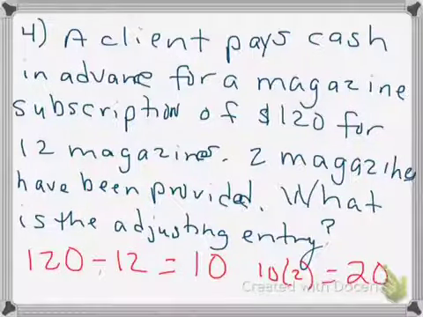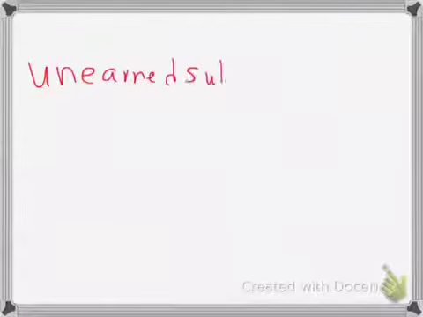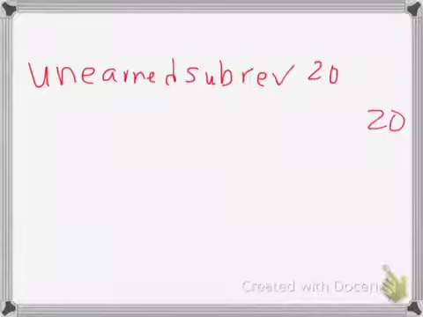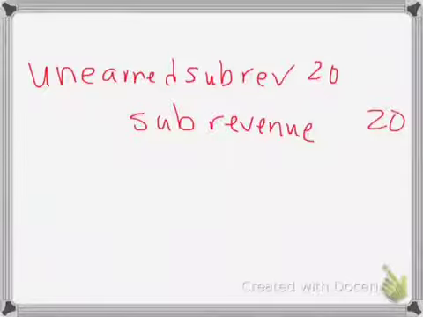And so our adjusting journal entry here is you would see a debit to unearned subscription revenue for $20, and our credit account is going to be the subscription revenue. So what we've done, so that you can see it,